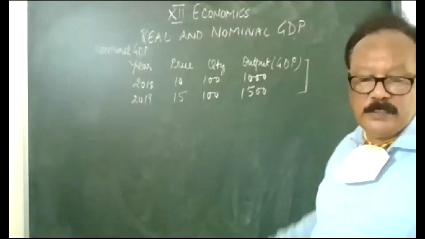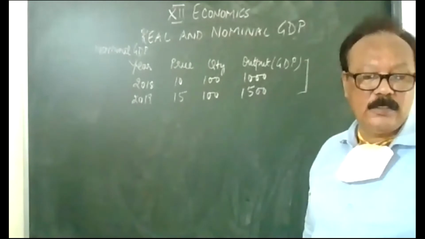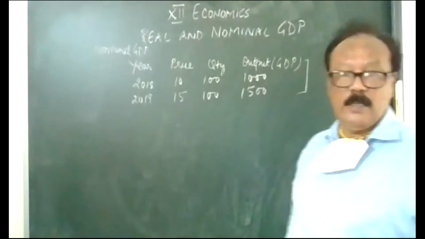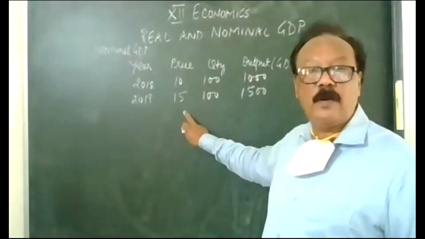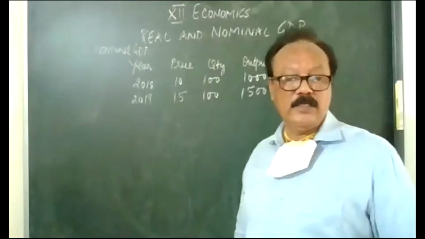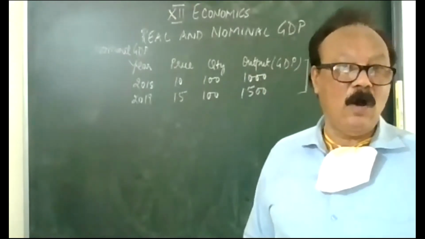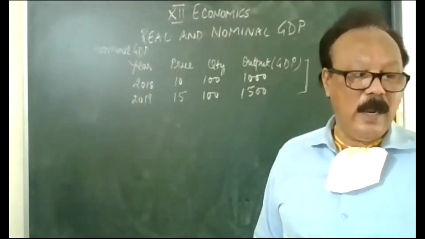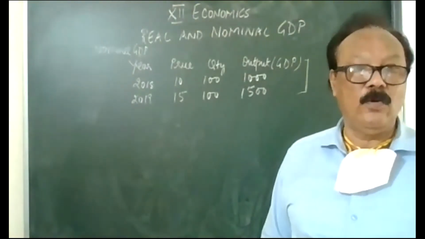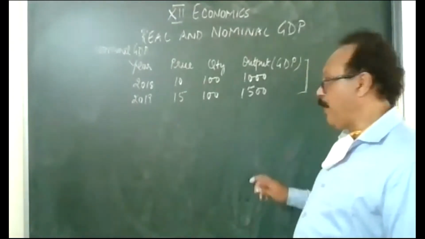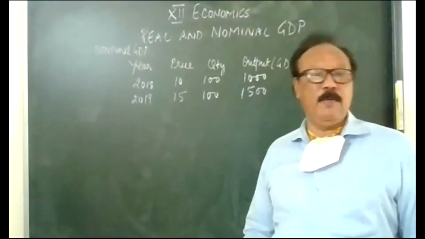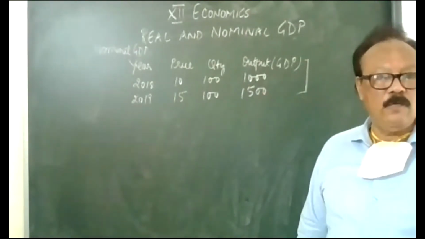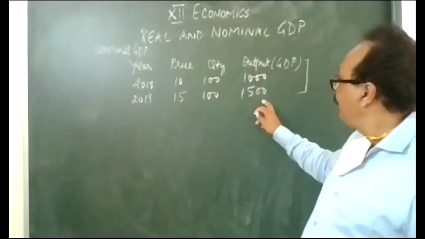And if your GDP increases at the current price, then the economy does not necessarily grow, because this happens because of a rise in the price of the product. This is the nominal GDP. That's why I said it does not show the real picture of the economic growth. Otherwise, the growth of an economy is measured by its GDP, right? The gross domestic product. All the money value of goods and services produced in a year.